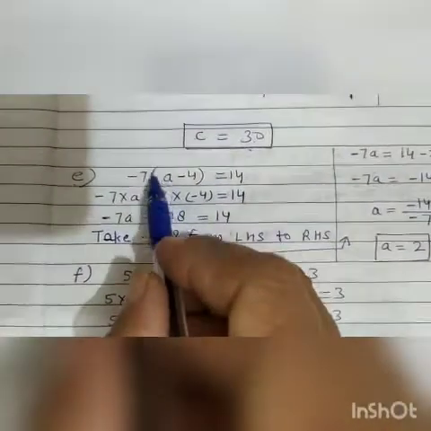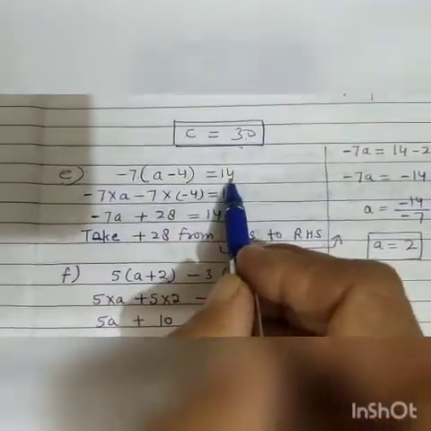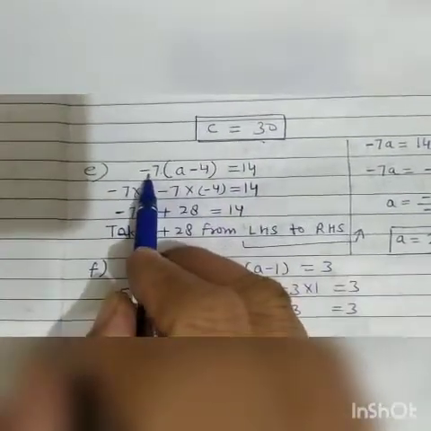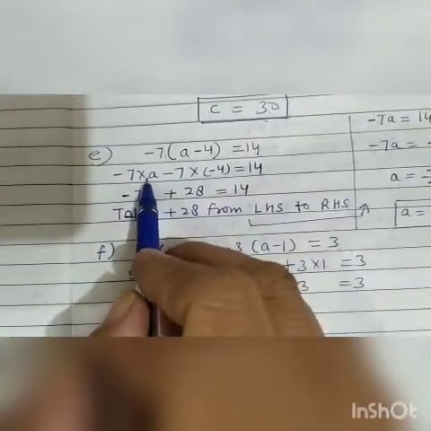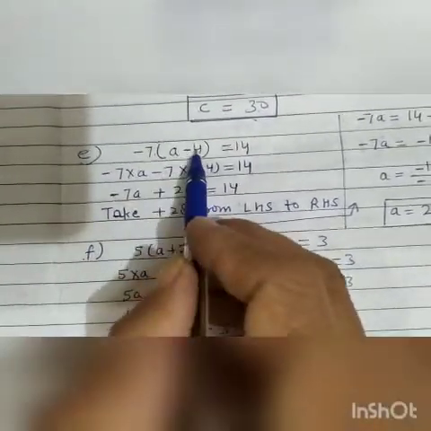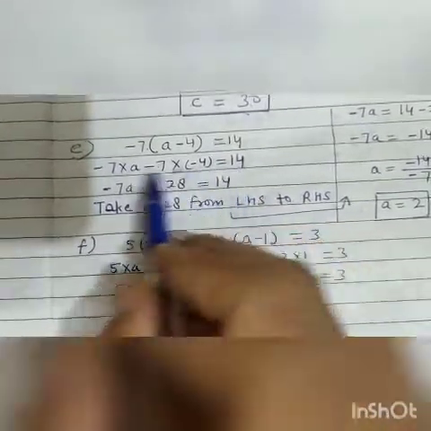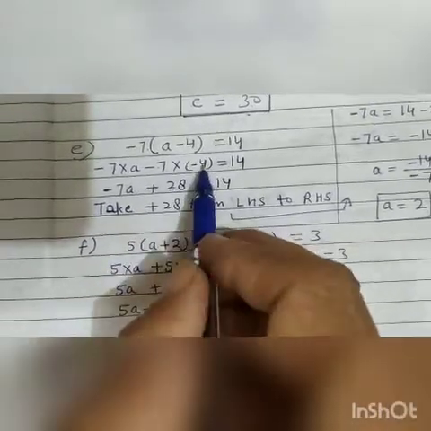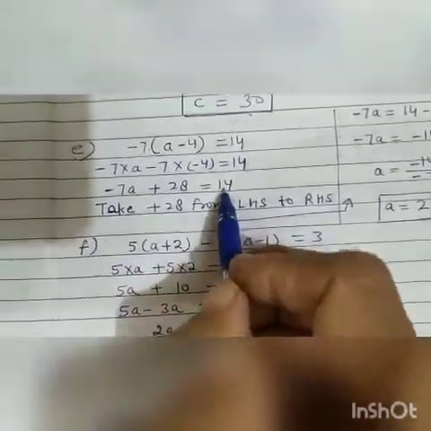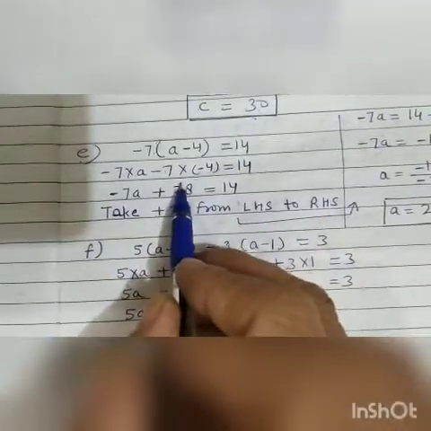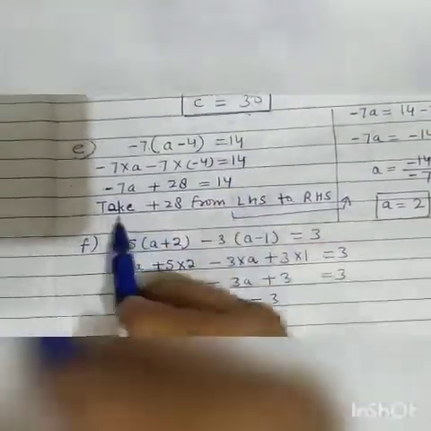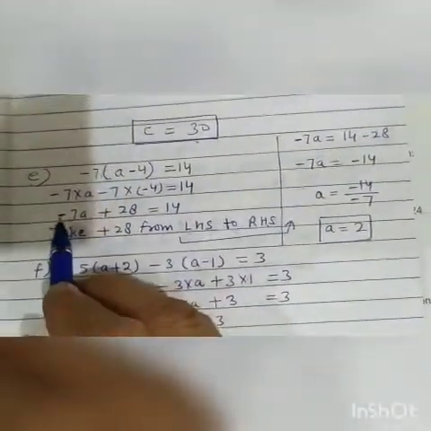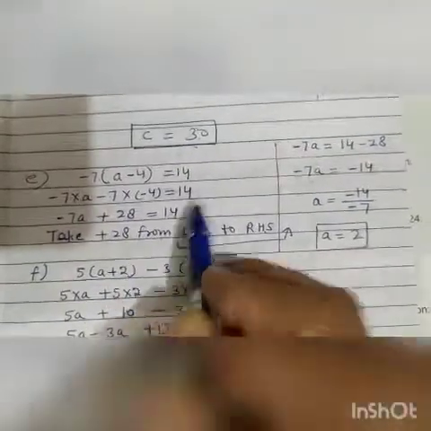Next part, E. Minus 7 multiplied by a minus 4 is equal to 14. First we will multiply these two terms of the bracket with minus 7. So minus 7 multiplied by a, minus 7 multiplied by this minus 4, is equal to 14. Minus 7a, minus 7 times minus 4 becomes plus 28, equal to 14. Now take this plus 28 from the left hand side to the right hand side. Then minus 7a equal to 14